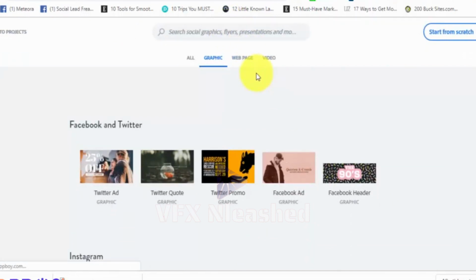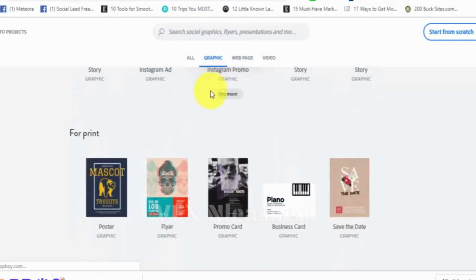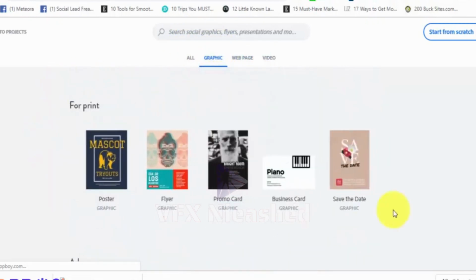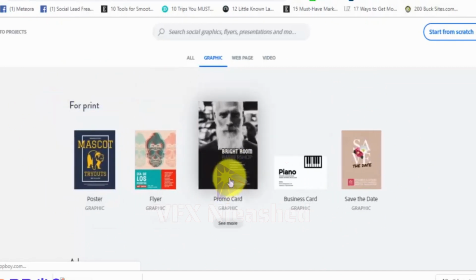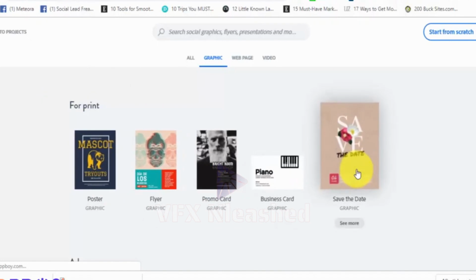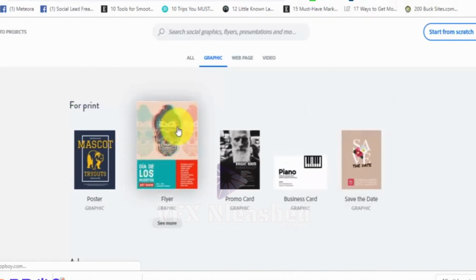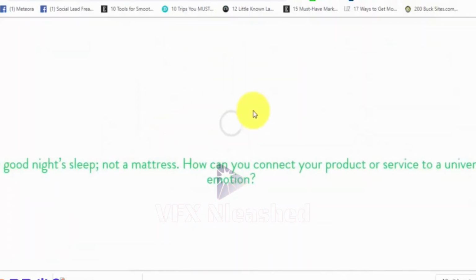Now, first things first, from the dashboard, as you have seen, we have selected the graphics section, and we are going to scroll down till we find the graphics templates for print. And we have posters, flyers, promo cards, business cards, and save the date. Now, in this lecture, we are going to create a flyer, and we are going to select this flyer,